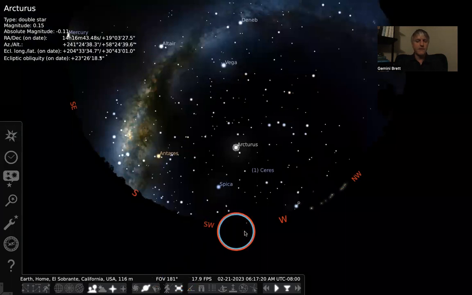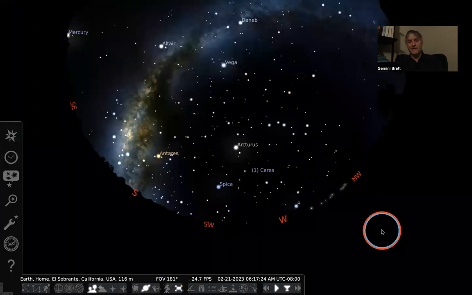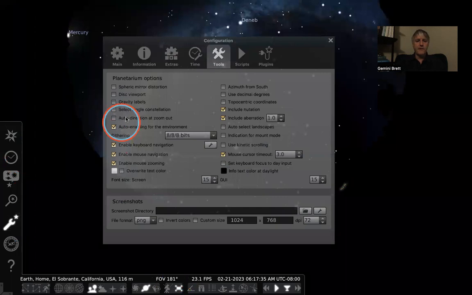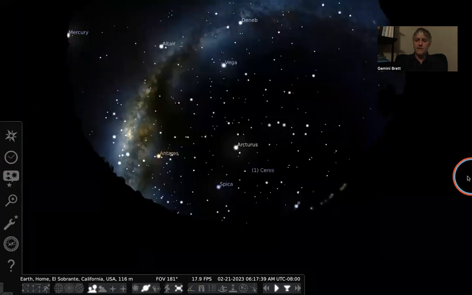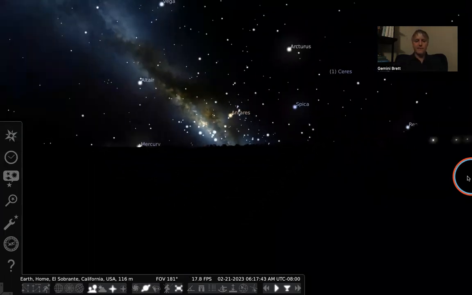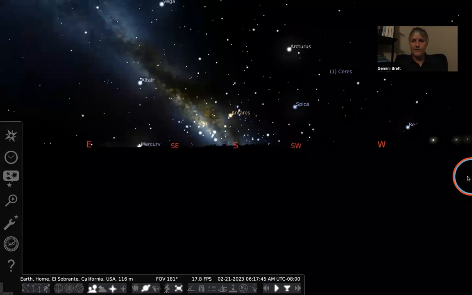All right, well, let me go back to my saved view. I could quit Stellarium and open Stellarium again to do so, but I'm not going to do that. Instead, I'm going to go in that configuration window. I'm going to hit auto direction at zoom out, and then watch what happens when I hit the backslash button. That's my saved view. I realized I hit Q and took the compass directions away because Q is the keyboard